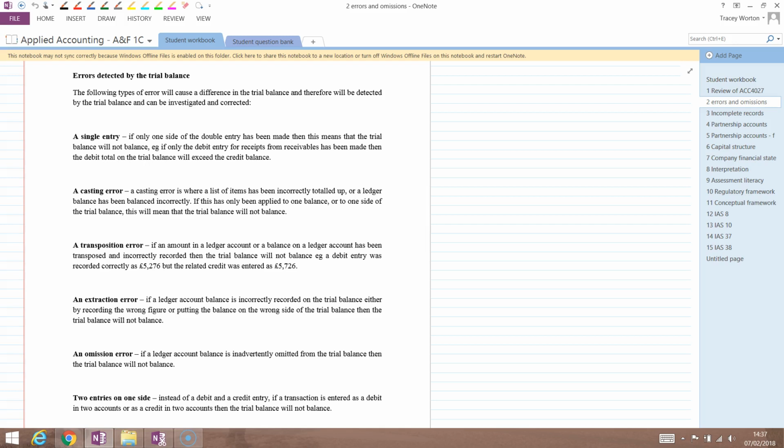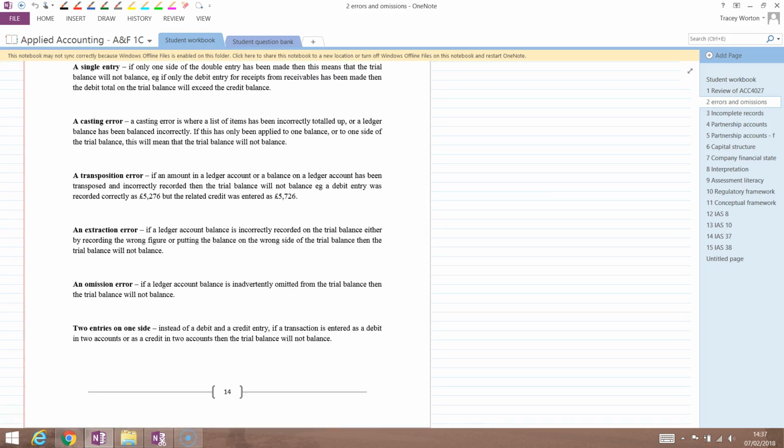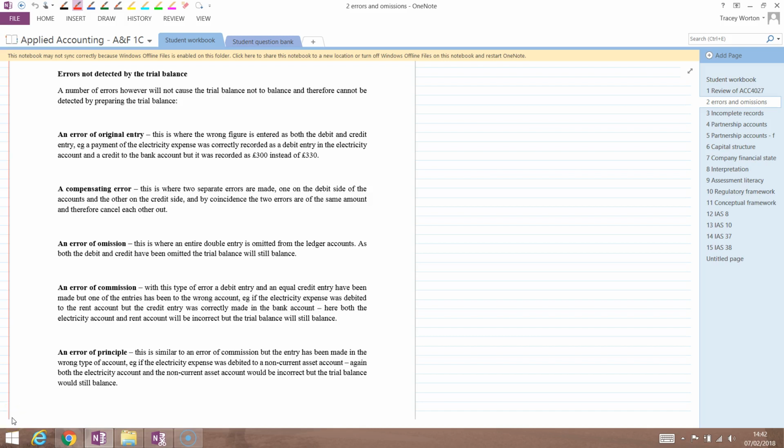Or you could have an omission error. So if a ledger account balance has been omitted completely from the trial balance, but it does actually exist. Or you could have an error where there's two entries on one side, so two debits or two credits instead of a debit and a credit. So the errors not detected by the trial balance include an error of original entry. So this is where the wrong figure has been entered on both the debit and the credit side of the entry. So it will still balance, it will still be correct in that sense, but the individual underlying accounts will